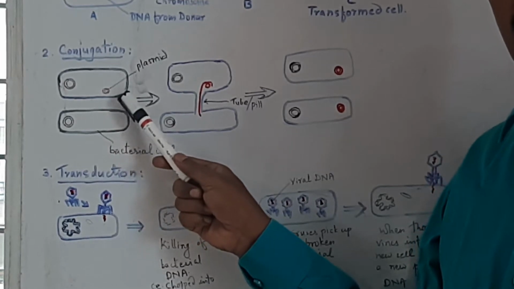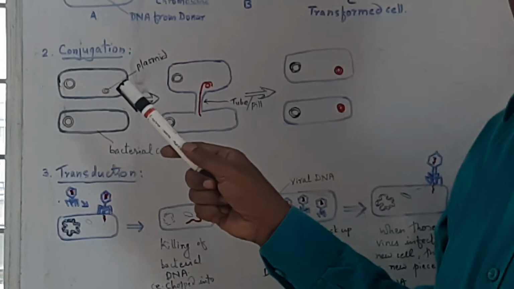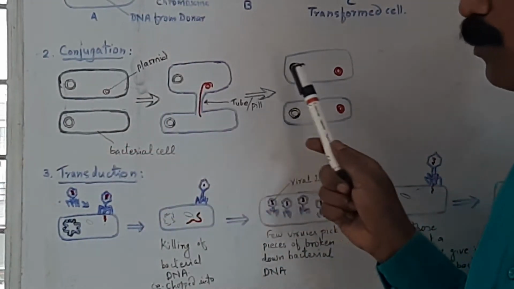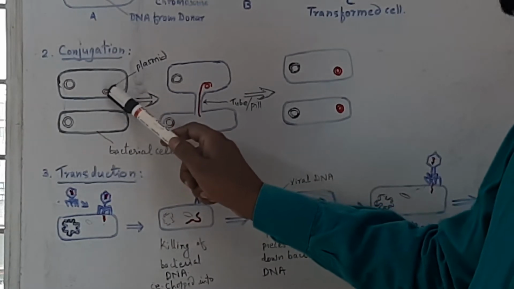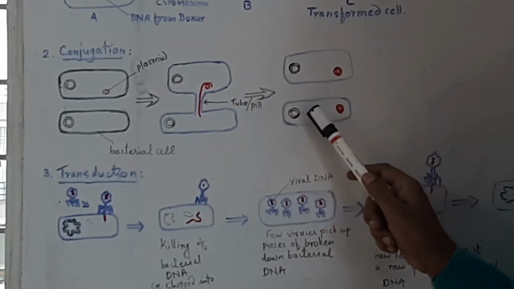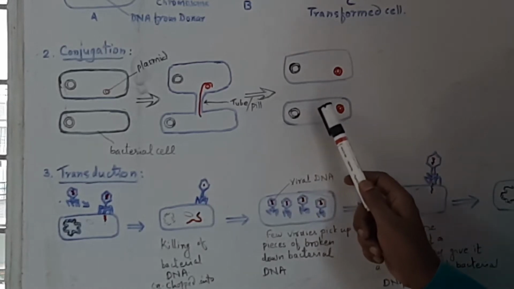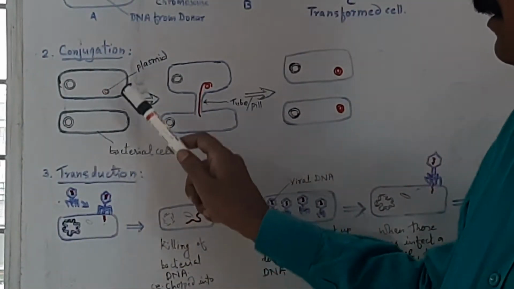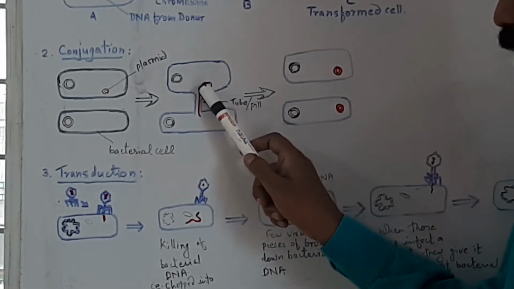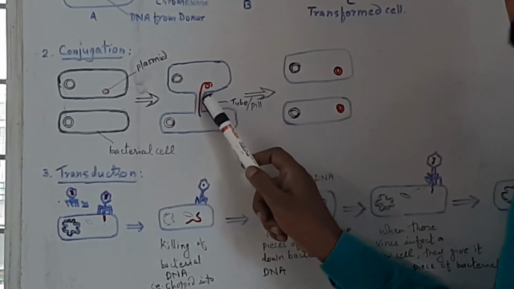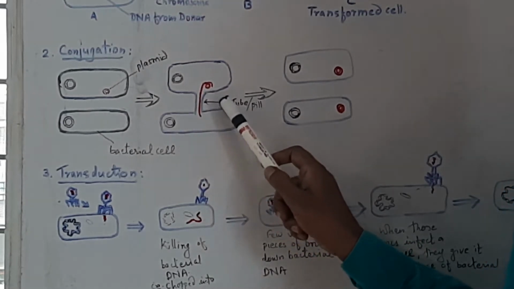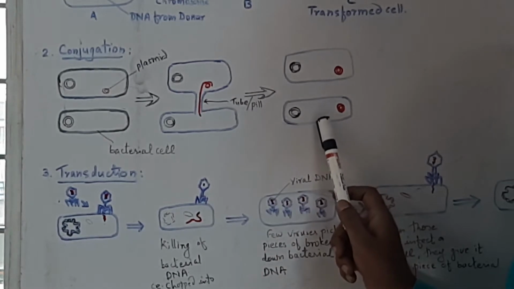Now what is a plasmid? It is an extra-chromosomal, self-replicating, small circular segment of DNA. And during the process, this plasmid can enter and recombine with the genome of the other cell. To understand this, I have drawn this figure where this plasmid goes through the tube or pilus, the tube through which this plasmid can multiply and enter